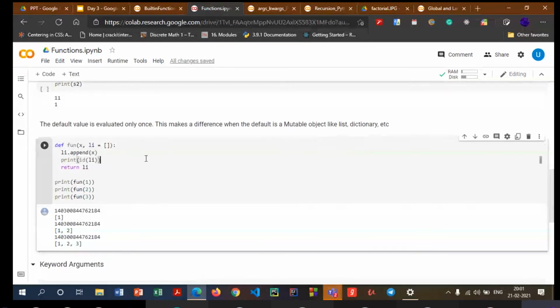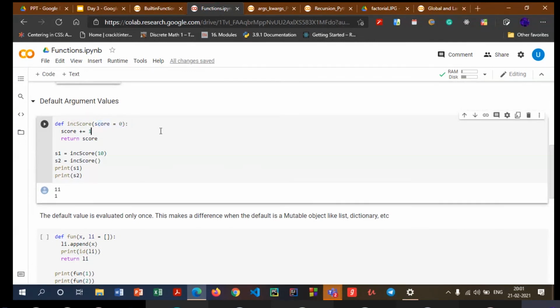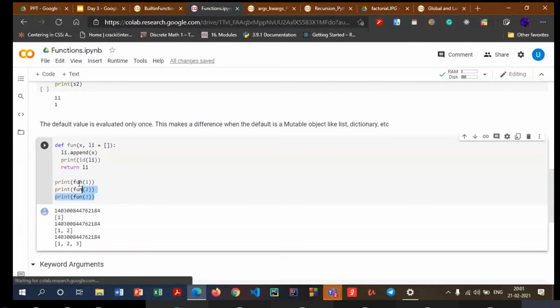Another thing which we want to make a note of is that the default value is evaluated only once. So actually you won't see the difference when we are using these values, for example, integers and stuff, but we will definitely notice what the change is happening if we make use of some mutable objects like list, dictionaries, and so on. So this is one such program to demonstrate what I actually want to say. So over here, this is my function and I take two parameters, one of which is a simple variable x, another is a list, and this is its default value. So the default value is an empty list.